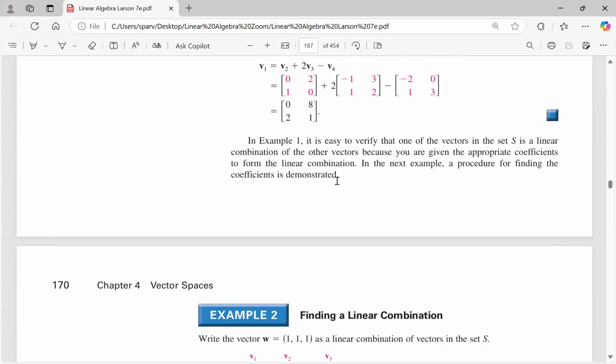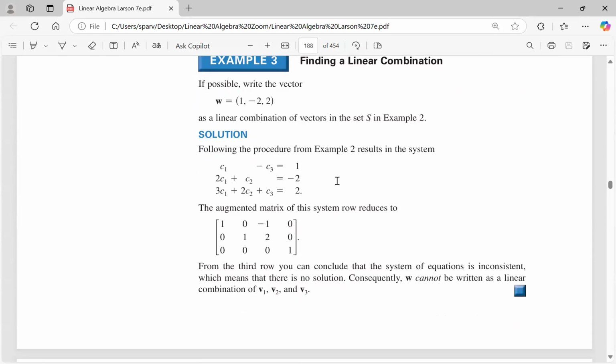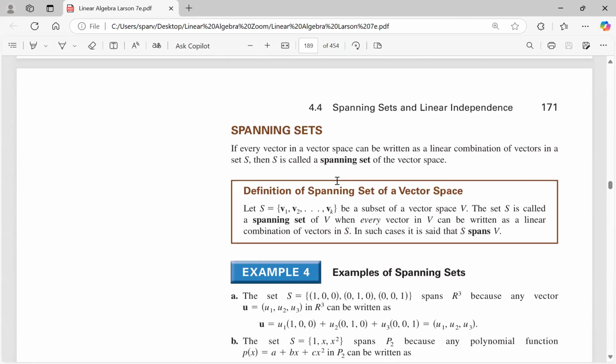Now, let's go to another definition. We're going to define spanning sets now. Here's the definition of what we mean by a spanning set. So a spanning set of the vector